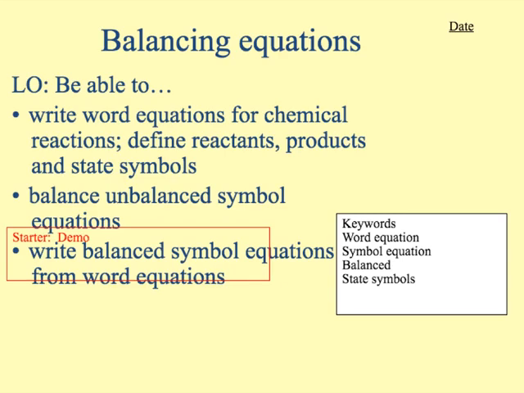This is lesson 2 in the quantitative chemistry section. This is all about balancing equations. So the first thing you have to be able to do is to write word equations for chemical reactions. And you need to understand what reactants are, what products are, and what state symbols are. We'll run through that quickly. You need to be able to balance unbalanced symbol equations, and you need to be able to write balanced symbol